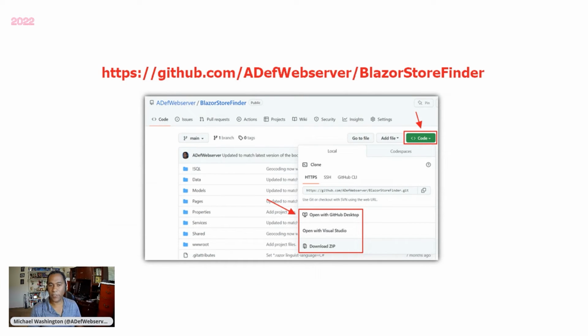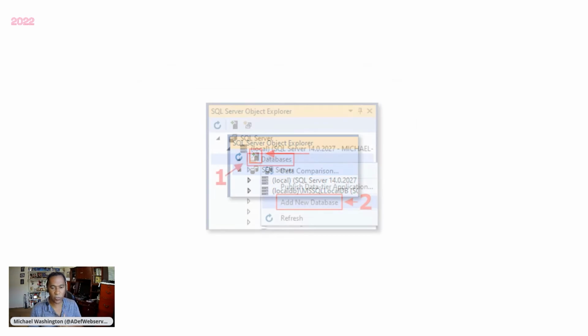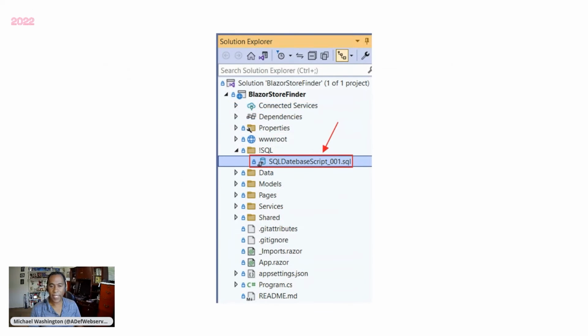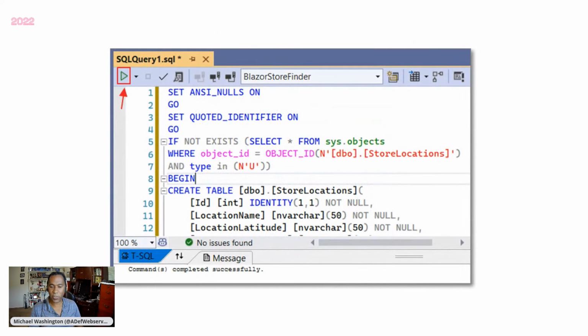Again, these links are available on my website, blazorhelpwebsite.com, but on GitHub, you can go ahead and download the code. This does require a database, so you'll want to create a database. And then if you look in the SQL file in the sample code, you can open that up, grab a script, and when you run that script in the database, it'll create all the tables that are needed.